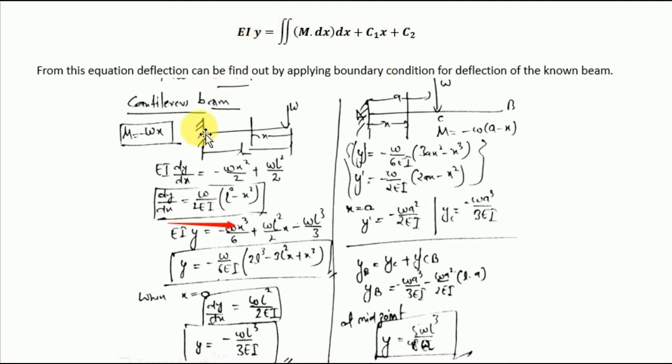So here is an example for that. We have a cantilever beam and the load is placed at one end. The length of the beam is small l, and then we cut a section at x distance apart from the end of the loaded area. So we can easily find the moment at section x, which is M is equal to minus Wx, negative because the moment generated for a cantilever beam is always negative depending upon the type of the load. So let's just try to solve the equation. The first equation is